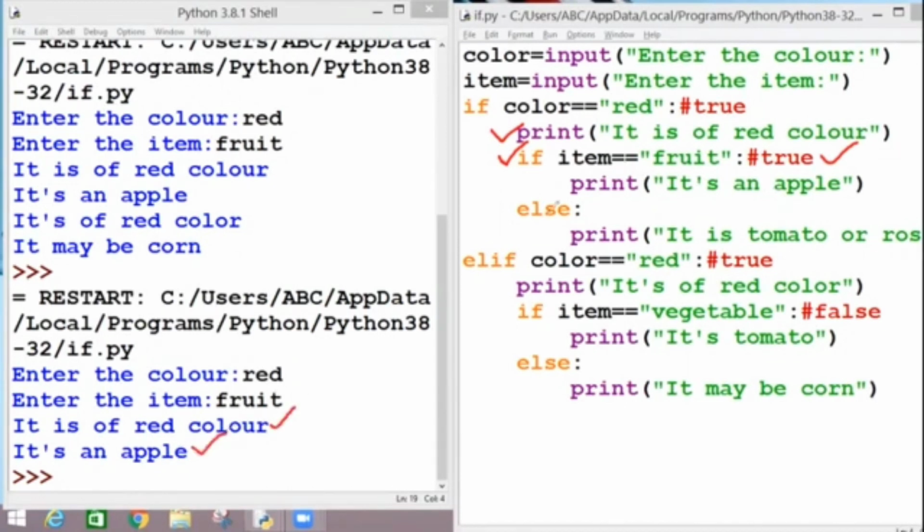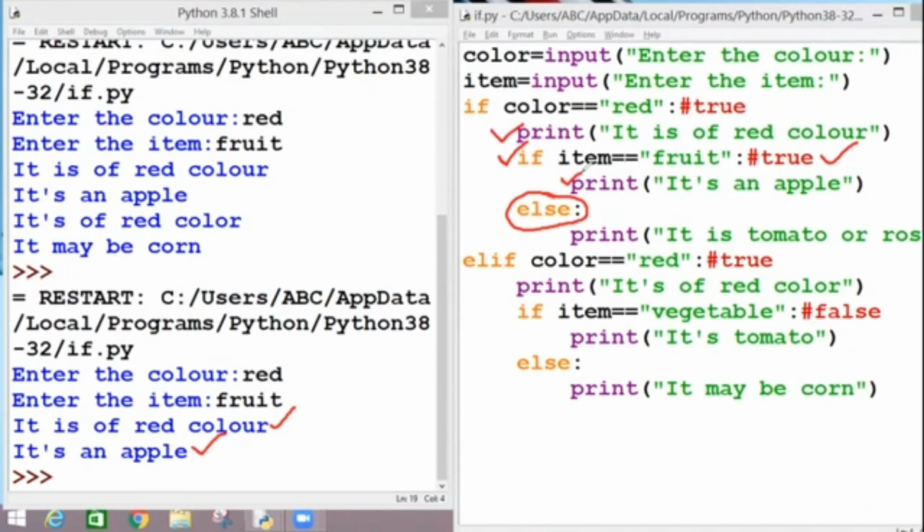Okay, now let's move on. My control will not shift onto this else because this portion is already executed. Please understand this.